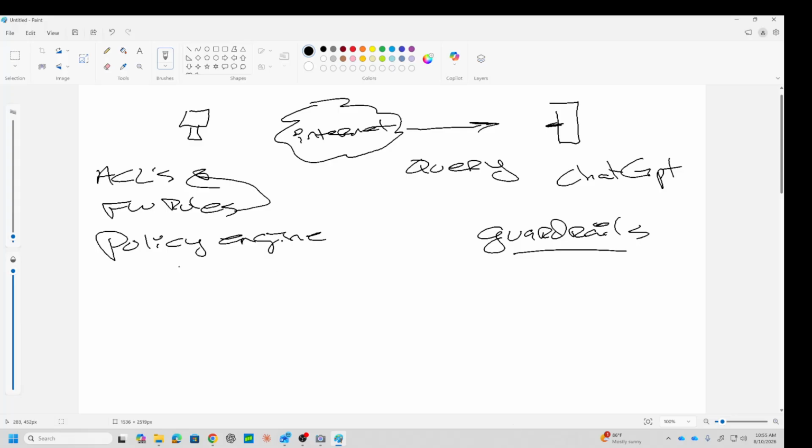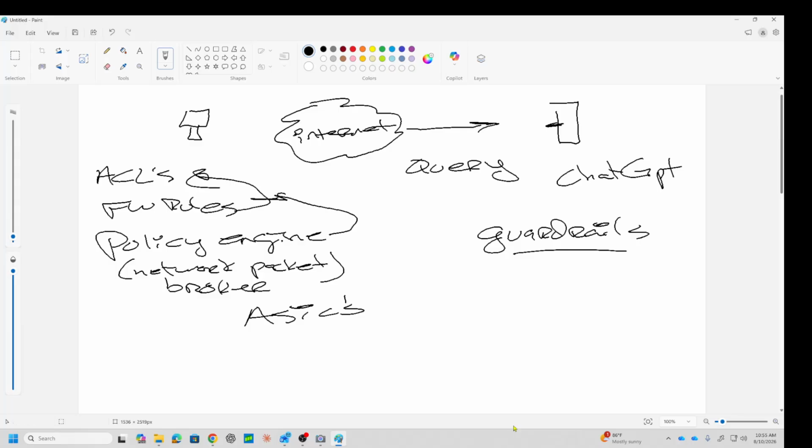So a policy engine could be deployed as a network packet broker, and typically it would be on what we call an ASIC chip. And we deploy it that way. Again, this gets really granular, so it goes beyond ports and protocols and that type of thing. But again, it's still just rules, right?